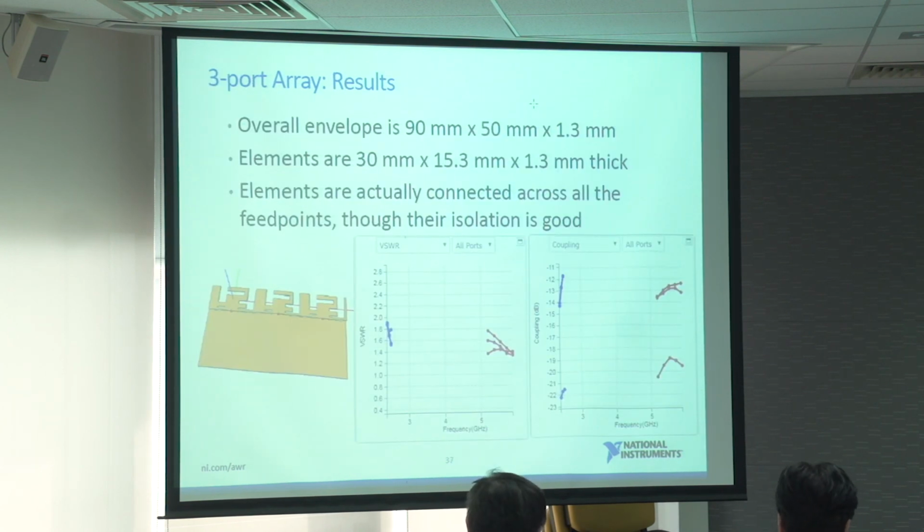These are the results, and the VSWR looked pretty good, and I was able to make almost minus 12 across the dual bands. Obviously, they are much closer together, these 3 ports, so I'm not surprised that the coupling is somewhat higher, but it looks pretty decent. And you will see that there is a connection between all 3 elements. They are actually touching each other, but they are pretty well isolated. If you go to the next slide,